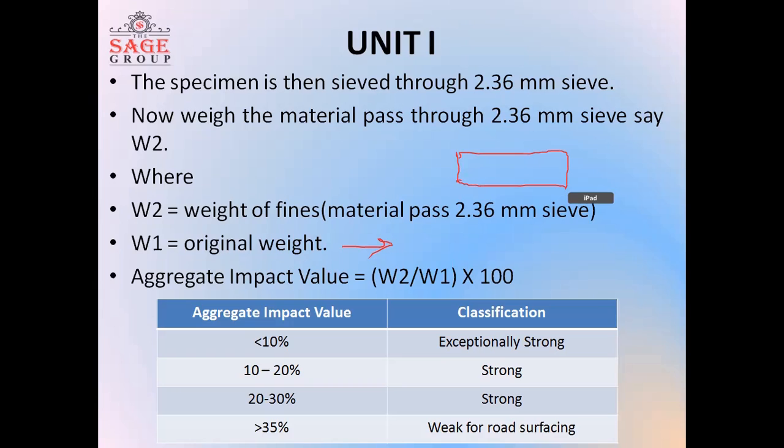Now, the aggregate impact value is the ratio of W2 by W1 into 100, which gives the impact value